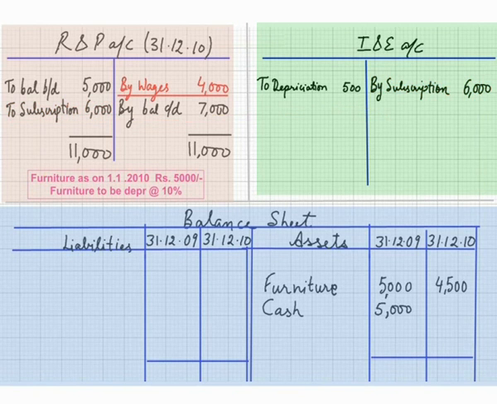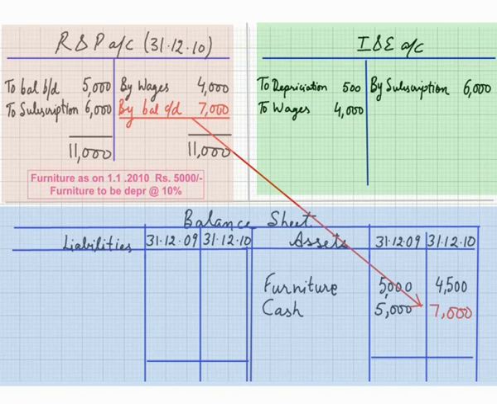Now let's go to the credit side. By wages 4,000. This is expenditure for the organization. It will be taken to the debit side of the income and expenditure account. To wages 4,000. And the next item of the receipts and payments account is by balance c/d 7,000, meaning closing cash balance is 7,000 rupees. Naturally, cash balance is always taken on the asset side of the balance sheet. So cash balance will be 7,000 at the end. We are preparing 2 balance sheets, in the beginning and at the end. So everything is finished now.